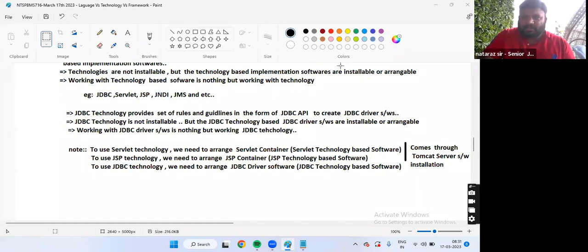Right, guys. Java 8, 11, and 17 versions are stable. Stable means they are tested and they have been doing well for a long time, so they are good to use in projects. For learning advanced Java, core Java and OOPS are required. For learning Spring also, core Java and OOPS are required.